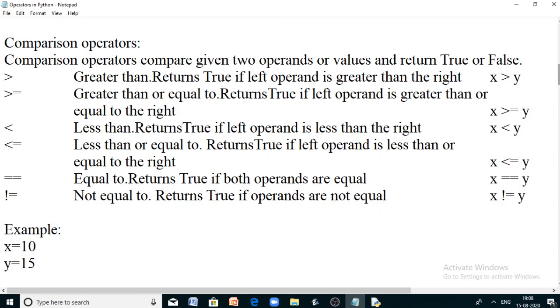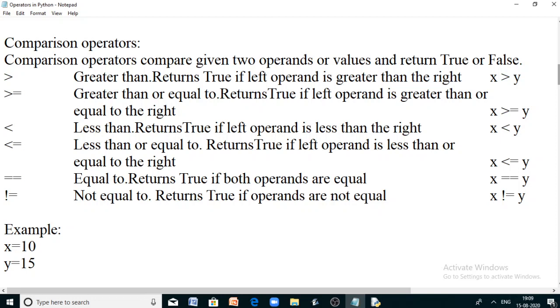Most of the time we use these comparison operators to form the conditions in our decision making structures and looping structures. It may be in an if else structure, or in for or while loops. To represent a condition, we can use these comparison operators. And what are the comparison operators available in Python?